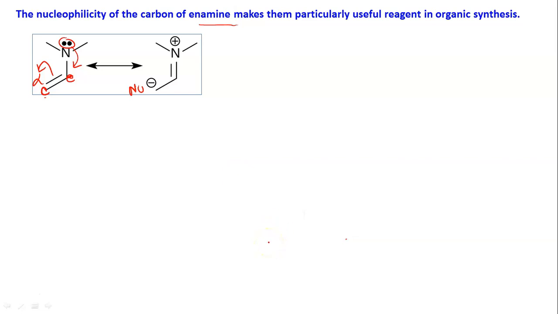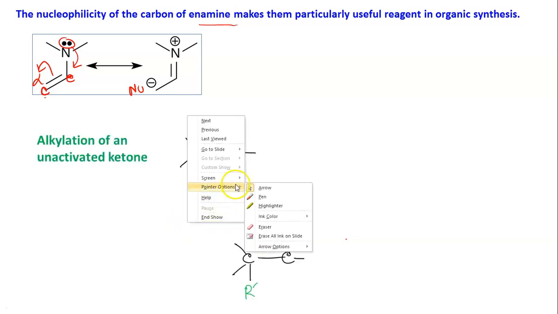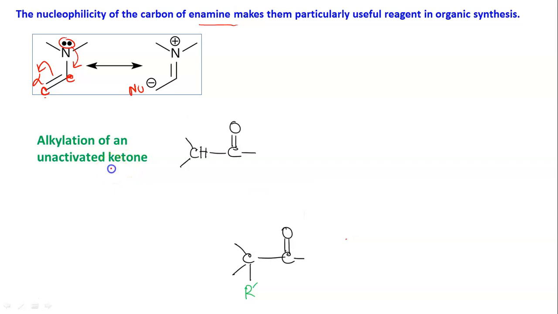Now how is it so? Let's take an example. Suppose we have one ketone compound, it may be a ketone or it may be an aldehyde also, which is not active. That is, the groups attached at these two positions, suppose they are electron donating, obviously this hydrogen will not be acidic in nature. Now if we want to do alpha alkylation, this is the alpha carbon, we have to remove this hydrogen and we have to use R'X. So we want to make this compound, that is R' substitution, H is replaced by R'. So we have to use R'X, that is an alkyl halide, in presence of some base.